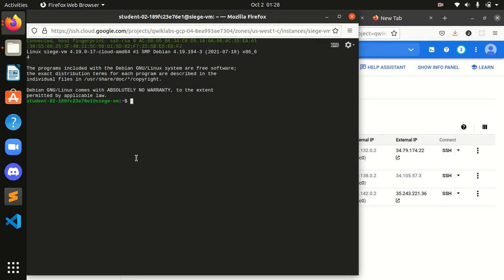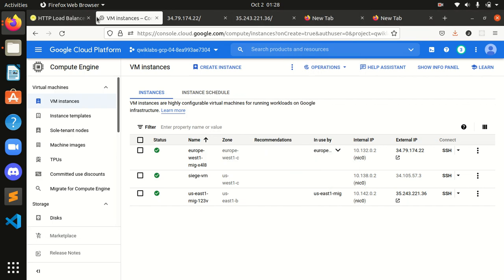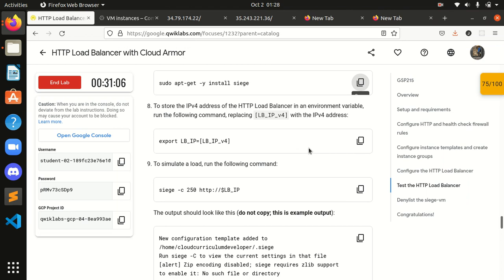Okay, guys, we are here. I pasted that command. After that, let's export it to store the IPv4, replacing with the IPv4 address.